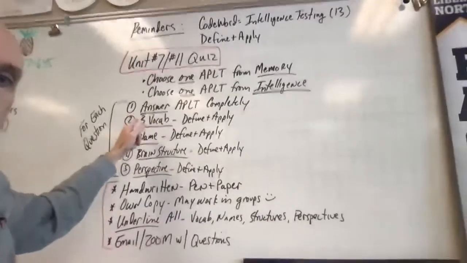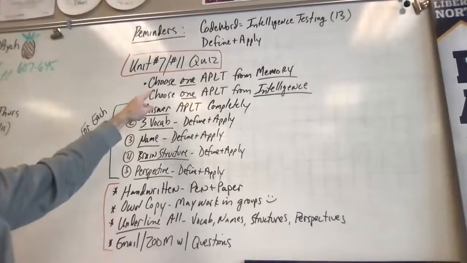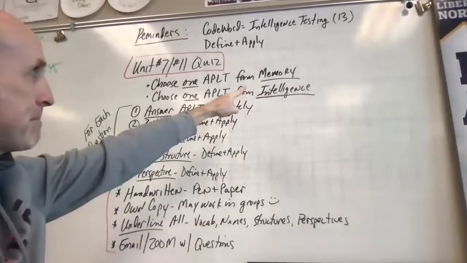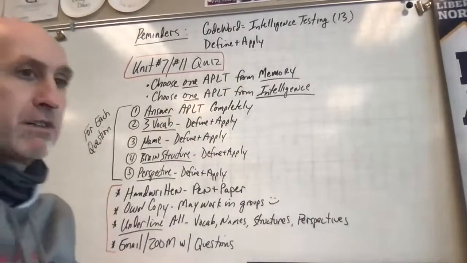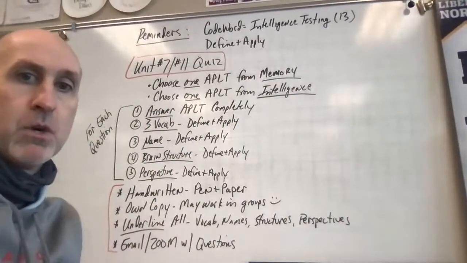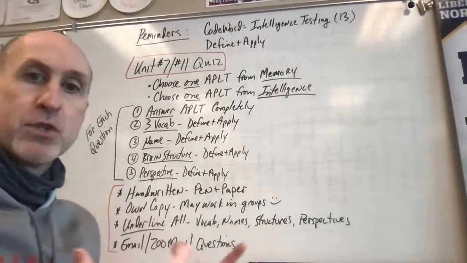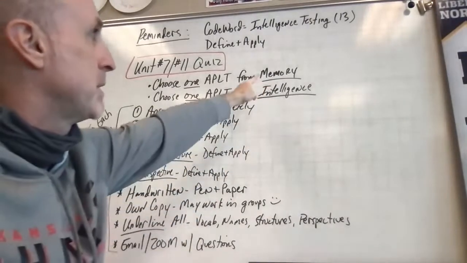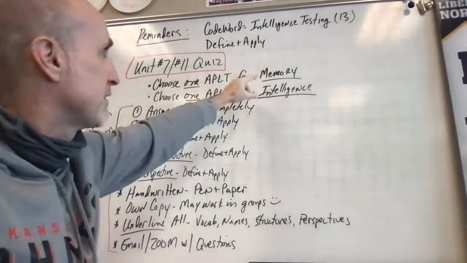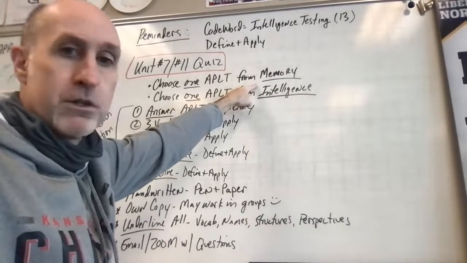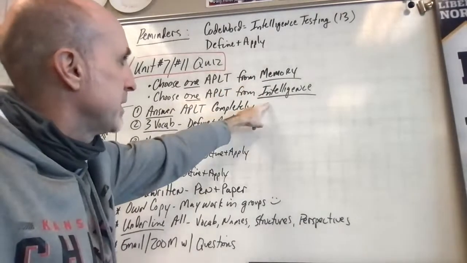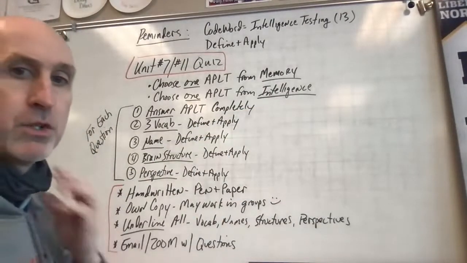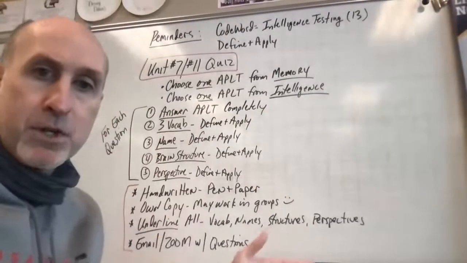All right, so the Unit 7 and 11 quiz. What you're going to do is choose one AP learning target from memory and one AP learning target from intelligence. So you've got a total of 2 answers that you're going to do. You get to pick. Make sure it's from memory and make sure it's from intelligence. So this is going to be like the first 8 learning targets, and this is going to be 12 through 20, okay? So what you're going to do is, just like we did for Unit 1 and Unit 2,